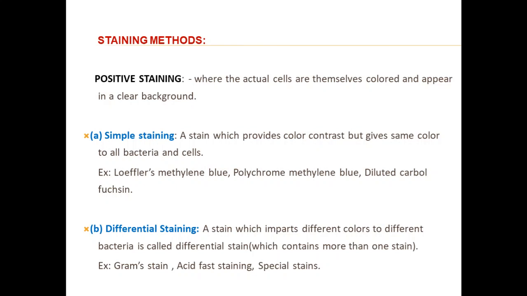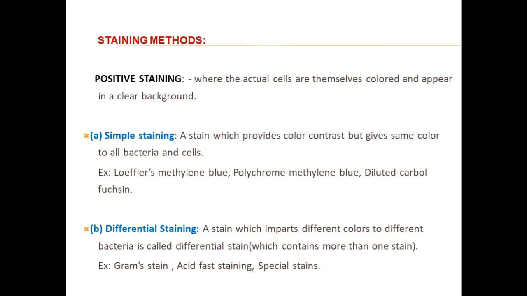Now let us learn about the types of staining methods. So when we talk about the types of staining methods, there are two important types. The first one is positive staining. What do you mean by positive staining? Positive staining is where the cells are taking up the stain and they appear colored under a clear